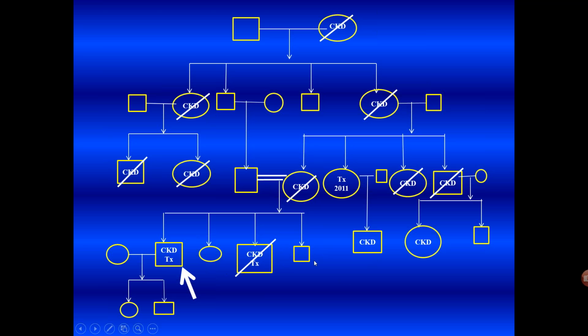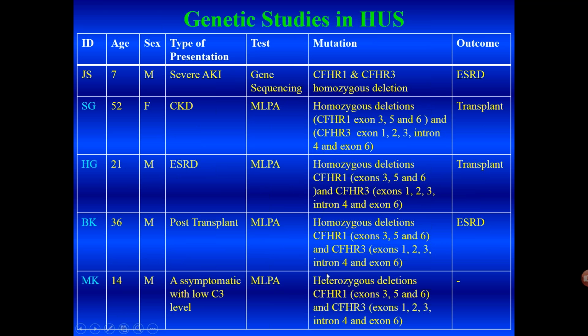When this patient's allograft was biopsied, what we found was a thrombotic microangiopathy. We then went back to all the living family members and tested their C3 levels, and all of them were low. Now, the family here, the initials shown in blue, this is the group. We tested all of them by multiplex ligation probe analysis for complement gene disorders, and all of them had homozygous deletions in CFH-R1 and R3. That is, these 3. These 2 are cousins, and this is the aunt. She's undergone a transplant. This man has lost his transplant, and this patient has just been transplanted 3 months ago.